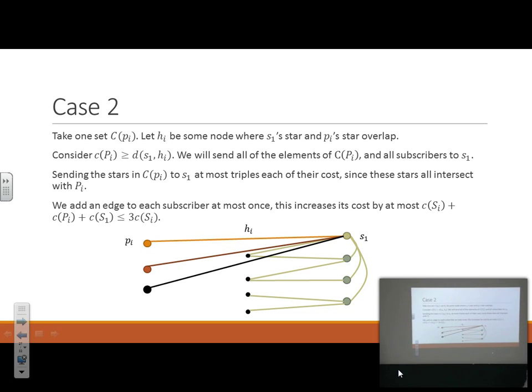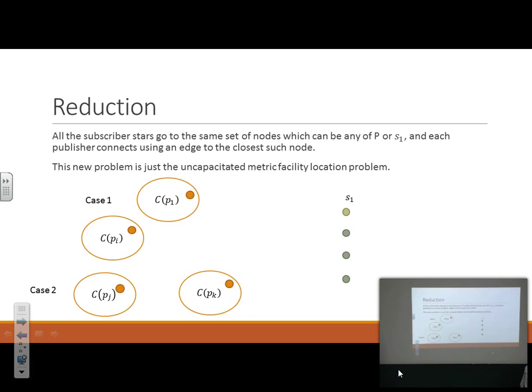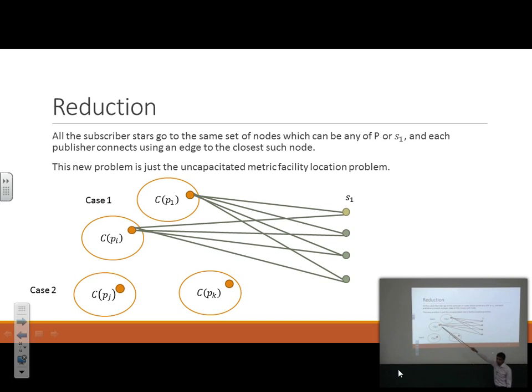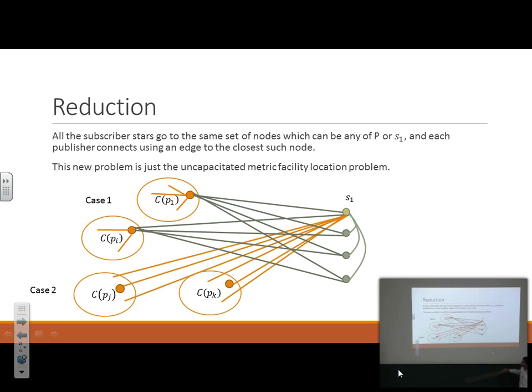Okay, so in the first case, we send everybody to the center of the cluster. In the second case, we send everybody to the cheapest subscriber. So in fact, what we are doing finally is depending on which case the cluster falls in. If the cluster falls in case 1, we send it to the center of that cluster. If the cluster falls in case 2, we send it to S1 for the sake of all these guys. And where do all the other guys in these clusters go to? Well, depending on which case they were in, they either go to their own center or they go to S1.